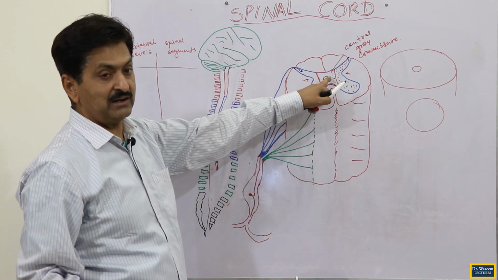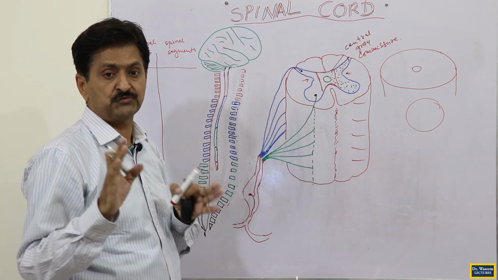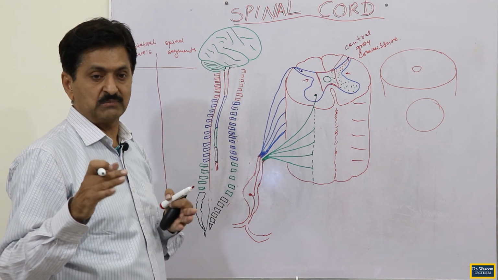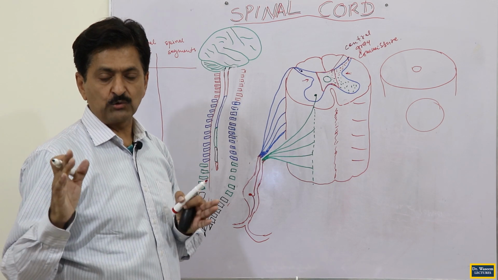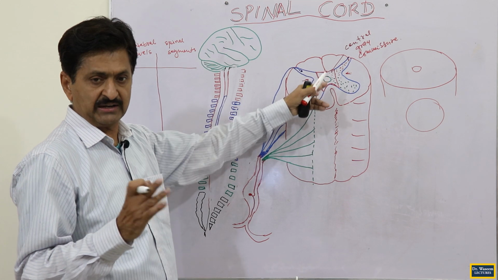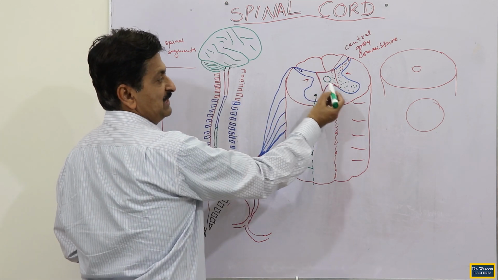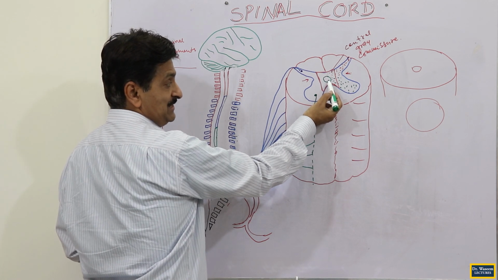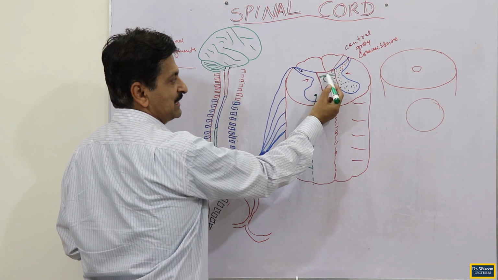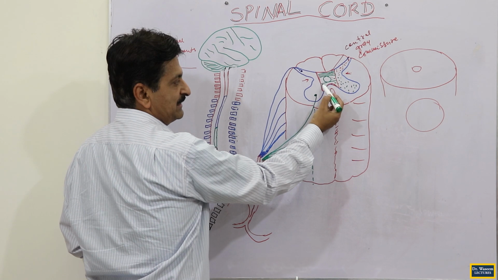And this central canal is lined by ependyma. This is the last population of cells developed from the neuroepithelium. After the neuroepithelium has given rise to 100 billion neurons, then neuroglia, the last thing will be the ependymal cells, which form the epithelium of the central canal. The part of the gray commissure behind the central canal is called the posterior gray commissure, and the part anteriorly is called the anterior gray commissure.